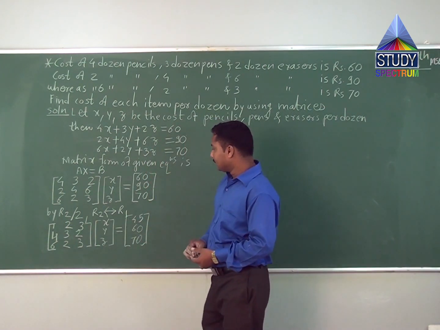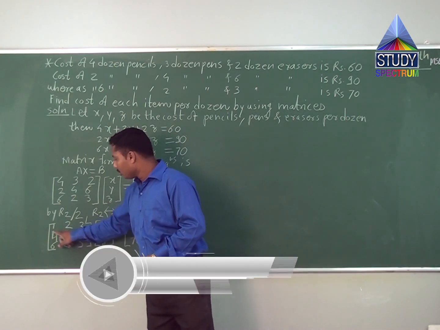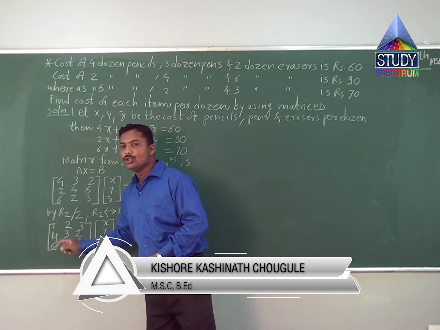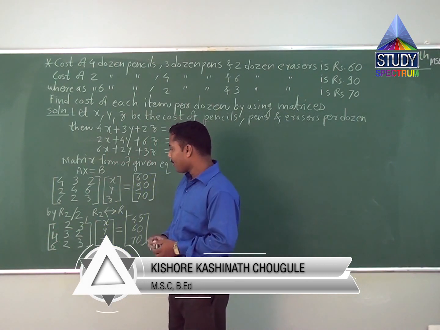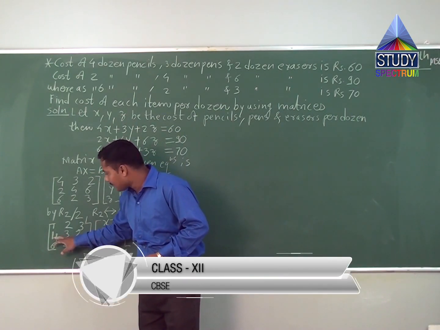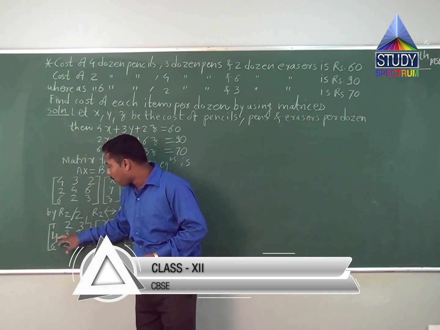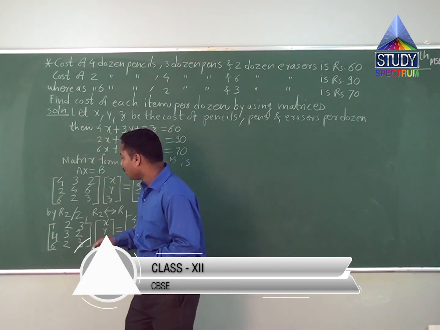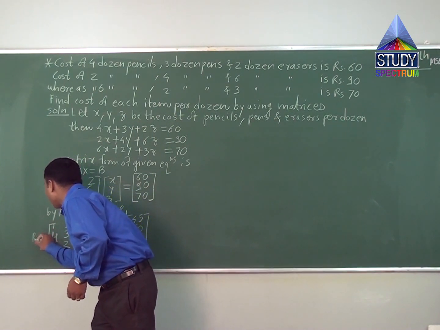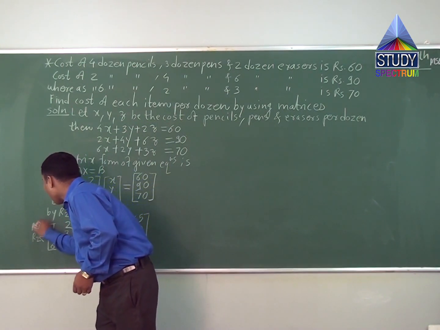So by using this diagonal number 1, we make this number 4 and this number 6 as 0. How? If we multiply this 1 by 4, what will happen? It will be 4, and 4 minus 4 will be 0. So this 4 is the member of R2, this 1 is the member of R1.